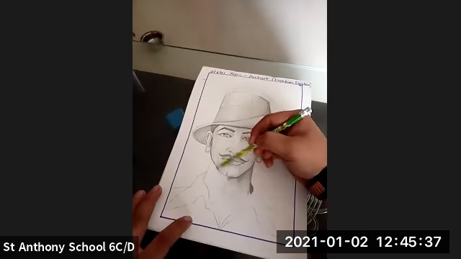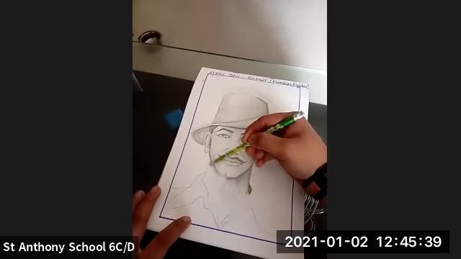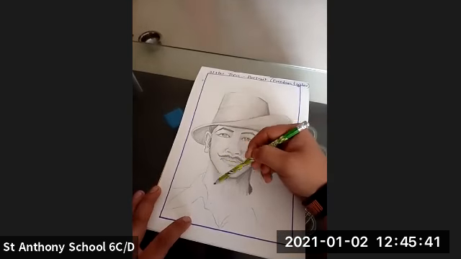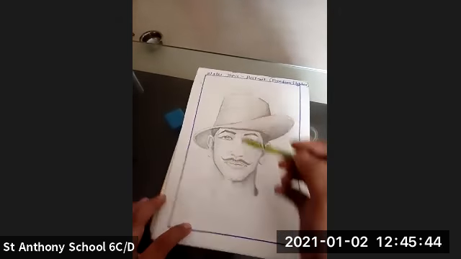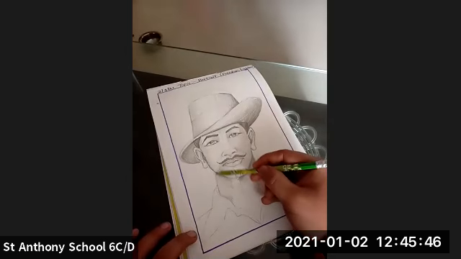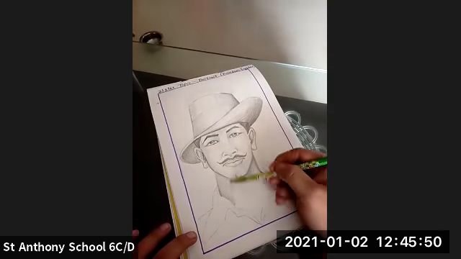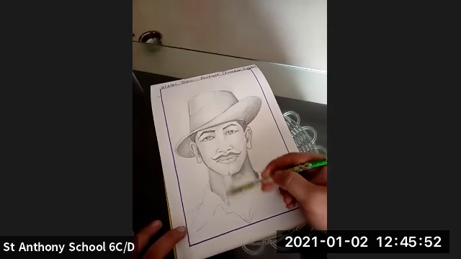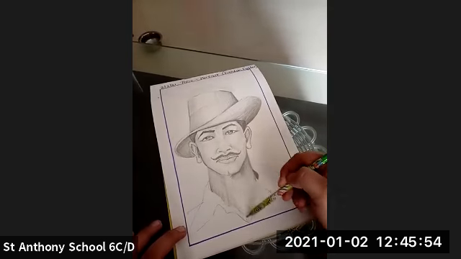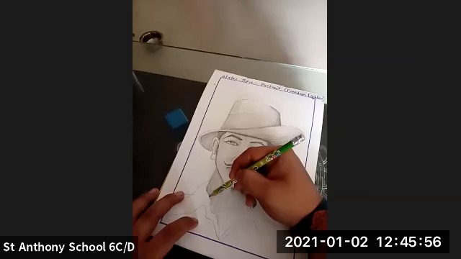Yes, using this technique, this is how you're going to make the portrait of Bhagat Singh. You can make any portrait of freedom fighter which you like. You can make the portrait of your favorite freedom fighter. Yes, this is how you're going to do it.